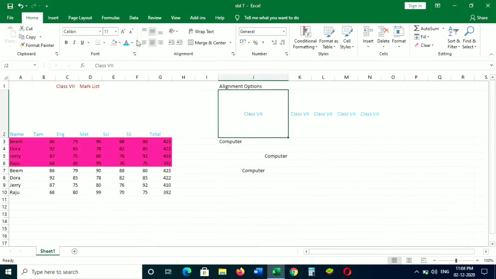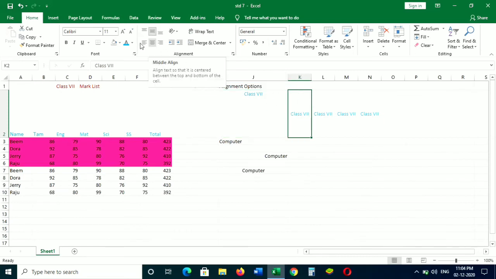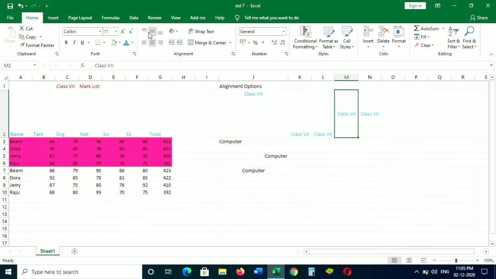Next, to align between the top and bottom of a cell, select the cell or cells you wish to align. On the Home tab in the Alignment group, click the top align icon or click the middle align icon or click on the bottom align icon. The three methods are shown here in the visual.